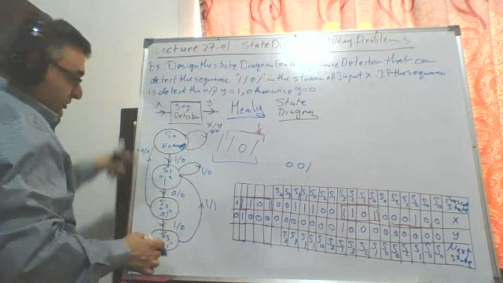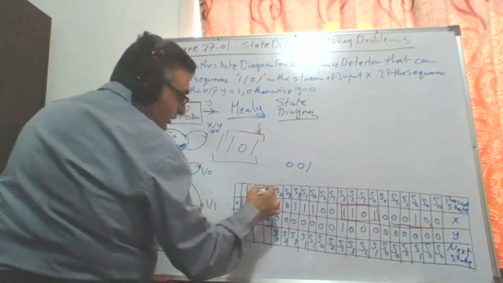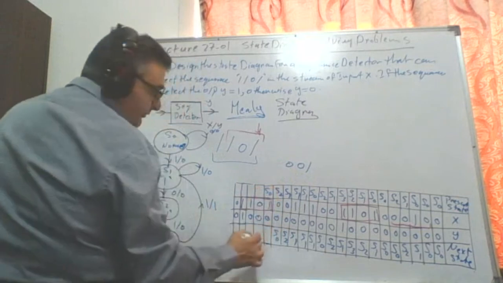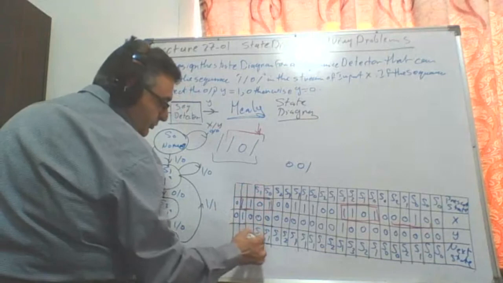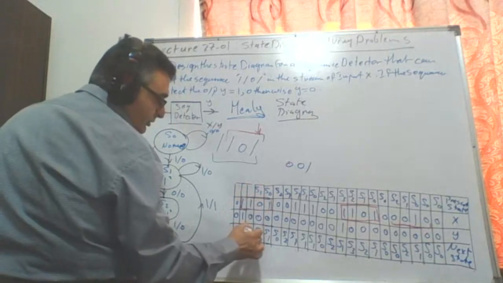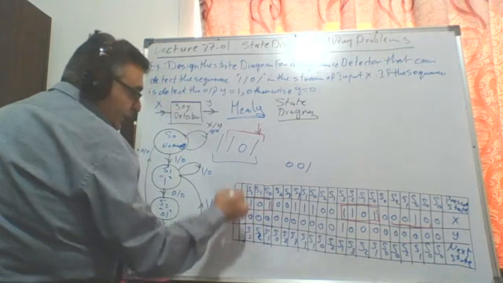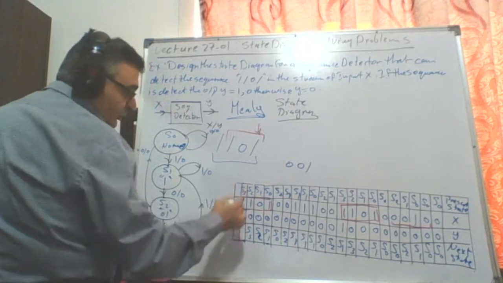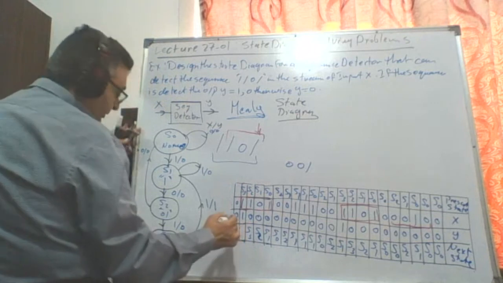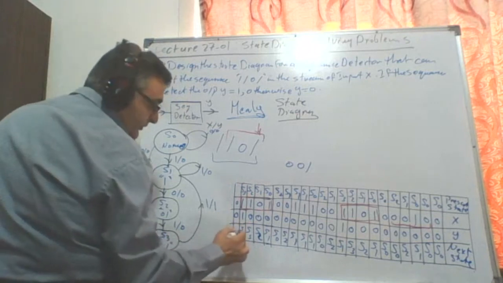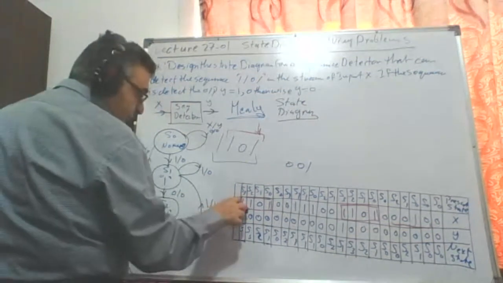S0 and the 0 will send me back to S0. S0 and 1 will go to S1, S1 and 0 will go to S2, S2 and 1 will go to S3, S3 with 1 I will go back to S1. In order to complete, let us just